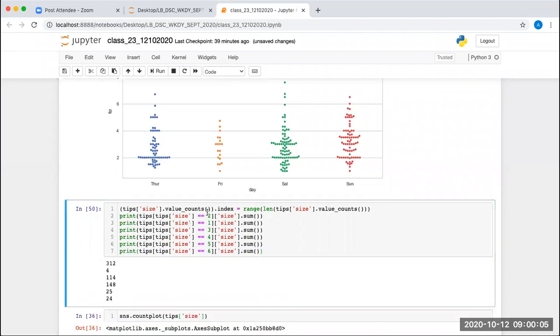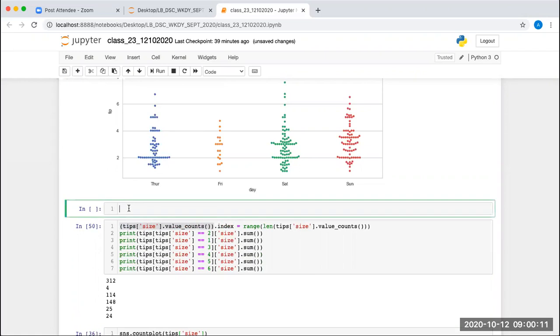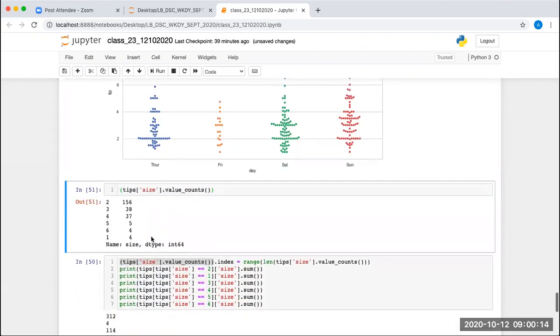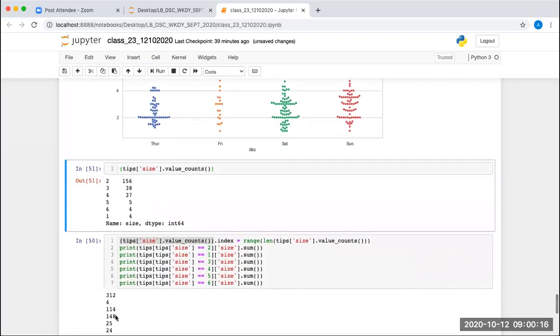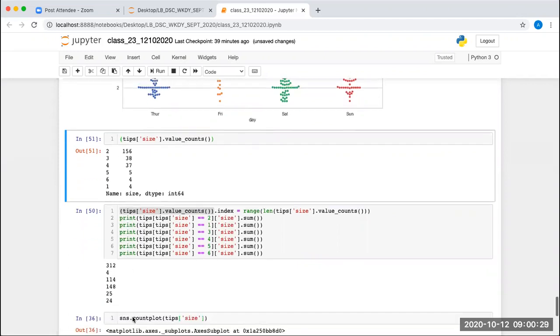Now for this, what I will do, I will print this. So for 1 we have 4, and for 1 we are getting 4. For 2 we have 156 into 2, 312. 338 into 3, 90 plus 24, 114 around, correct? We are getting the exact numbers, right?